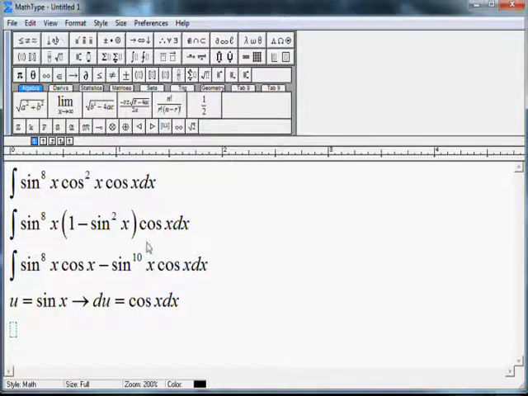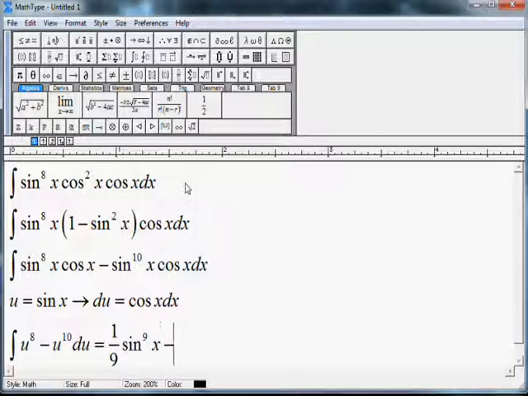So this would just be the integral of u to the 8th minus u to the 10th du, which equals 1/9 sine of, well, u to the 9th, but u is sine, so sine to the 9th